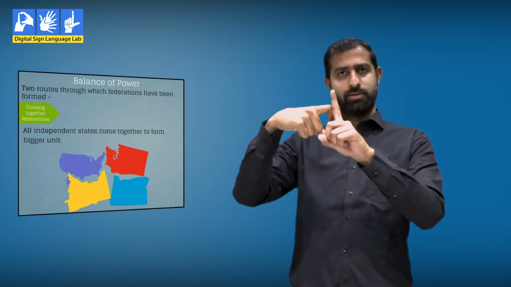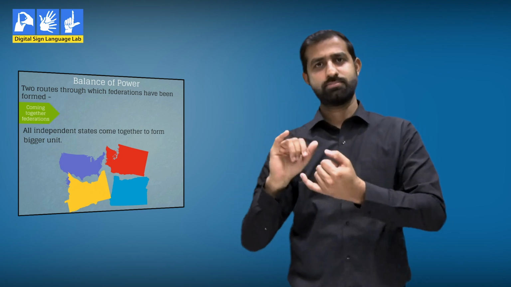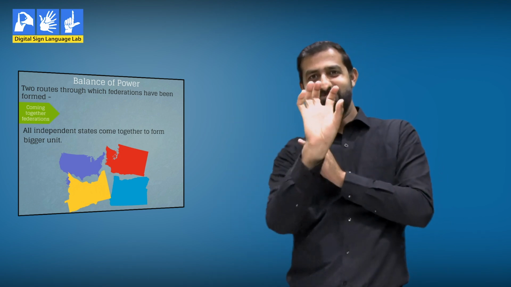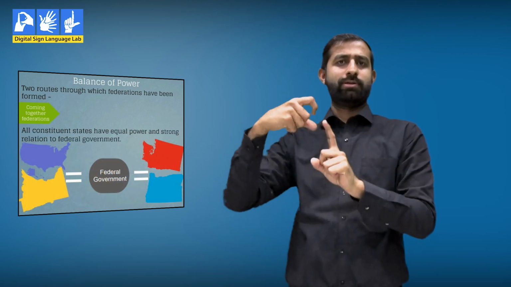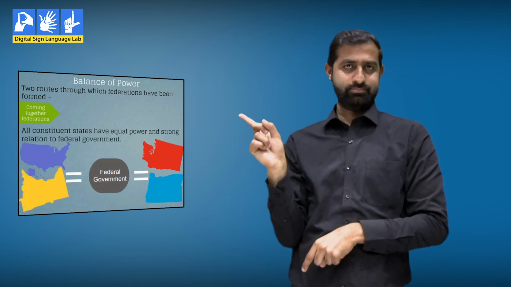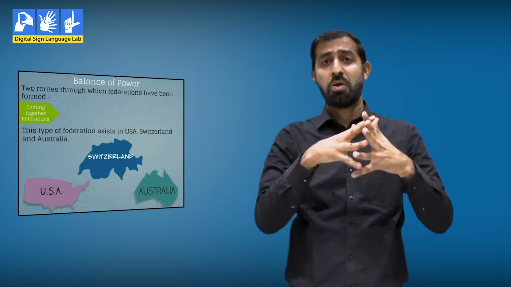Coming together. The United Kingdom consists of independent states. These states are run under the central government, however, under independent provisions. This is called coming together. In the same way, United States of America, Australia, and Switzerland follow the same system. Holding together. Let us take an example. In India, the central authority or power lies with the central government. The central government allocates power to the states. This is called holding together.